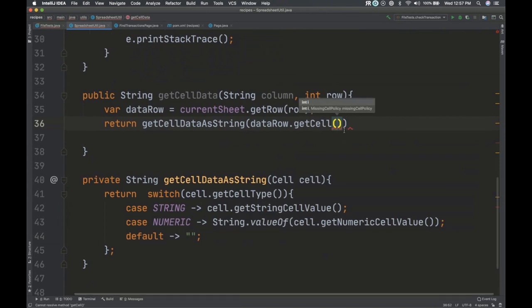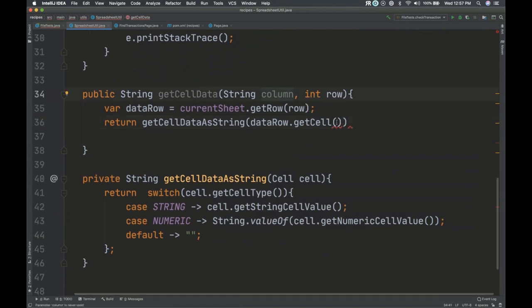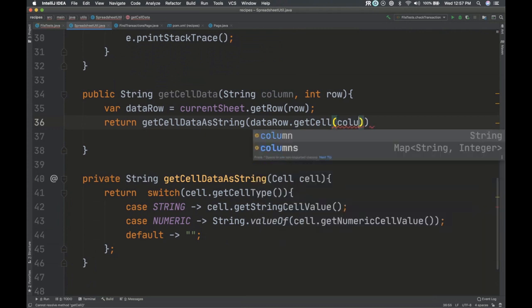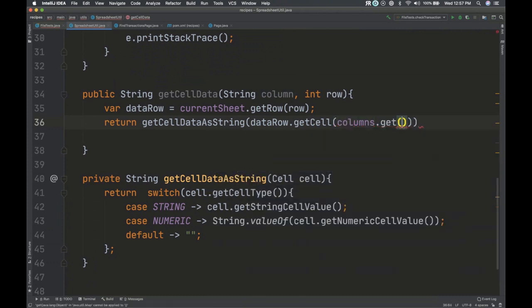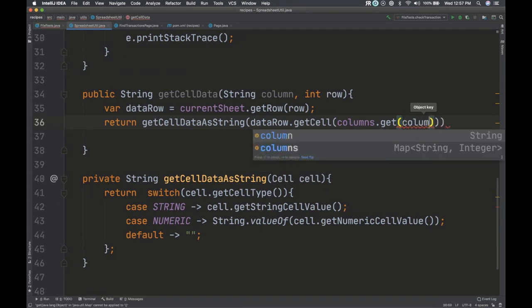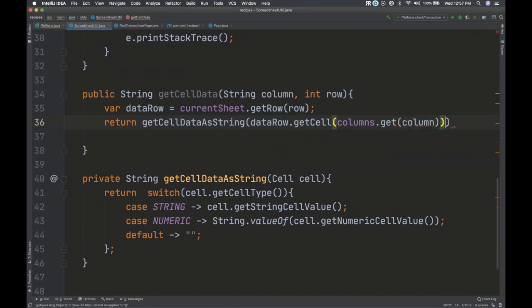And which cell? We don't know which one, but they did give us the column name. So that's why I mapped this stuff. So it could be any of the columns. I don't care if the spreadsheets get swapped around, as long as I know where stuff is. I can say columns.get, and let's say you passed in like description or something. I can say give me the index for that, which you've passed in right here.